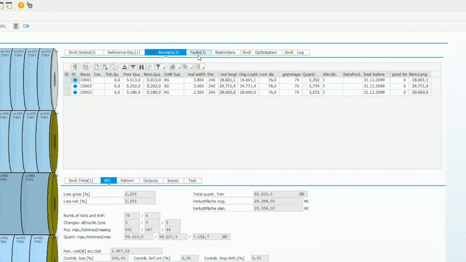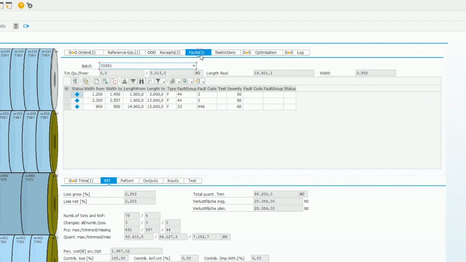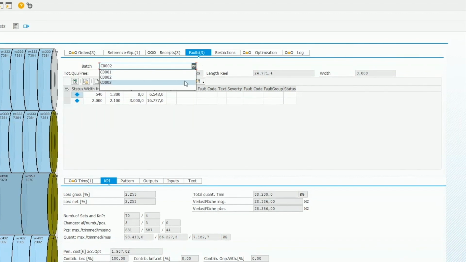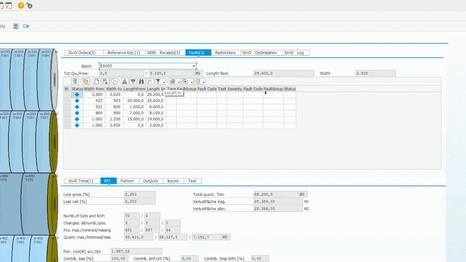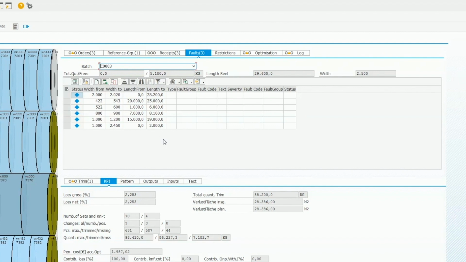In addition to that, you can also take into account defects or faults within the roll. For example, here you can take a look at any number of rolls that were part of the receipts, and you can see the corresponding mistakes or defects that were associated with that roll. These can come as part of a manual entry somewhere earlier in production, or they can be read automatically through some kind of camera system, which are available depending on what level of automation you have